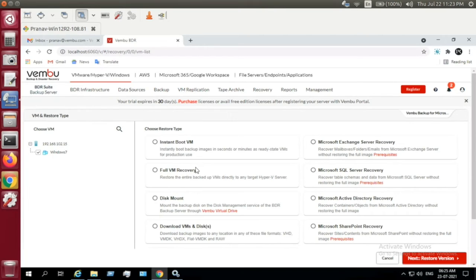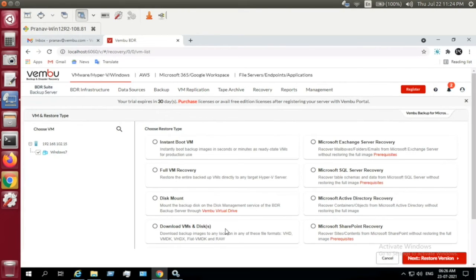This is also similar to this instant boot recovery. Here the particular disk of the backup data can be mounted on the BDF backup server as a new drive or new disk. This happens through the disk management service, and it is only applicable for Windows.